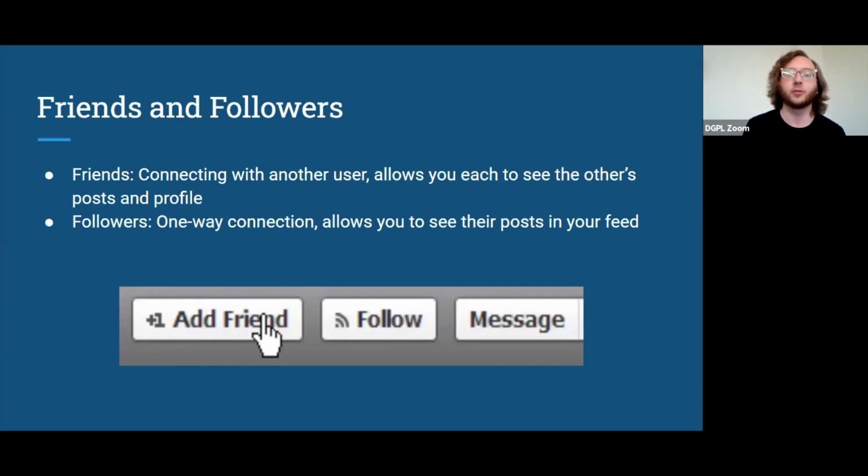You can be friends with another person. You can also change your follow status on them. So for example, it also works in the inverse. You can unfollow another account and not see their updates.